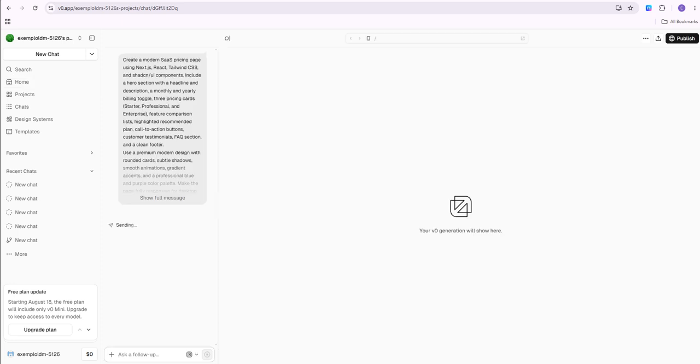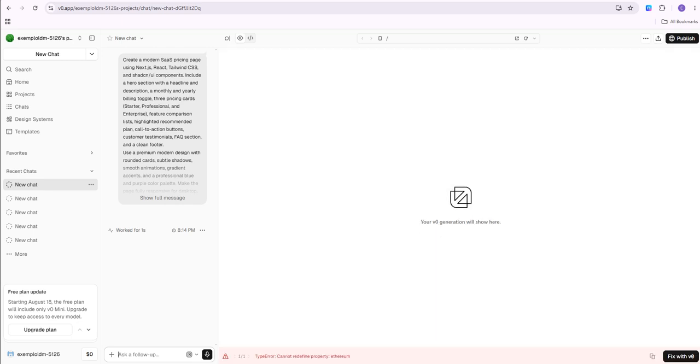After a few moments, you'll see a live preview along with the generated code using React, Next.js, Tailwind CSS, and shadcn/ui components. After that, review the pricing cards and page layout. Check the plan names, prices, feature lists, buttons, and overall design. If you want to make changes, continue the conversation with V0 and ask it to adjust the colors, layout, animations,